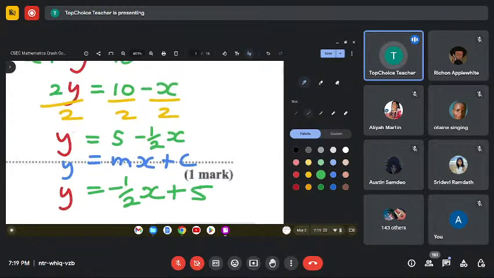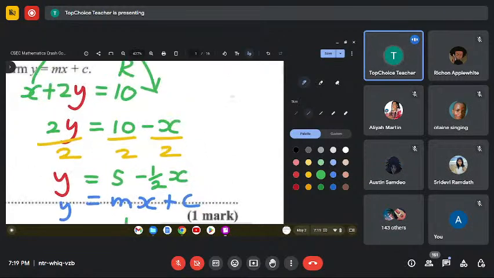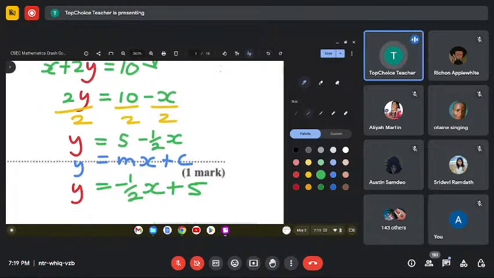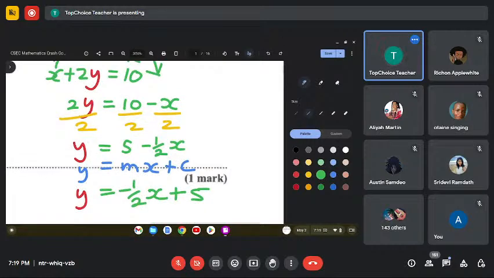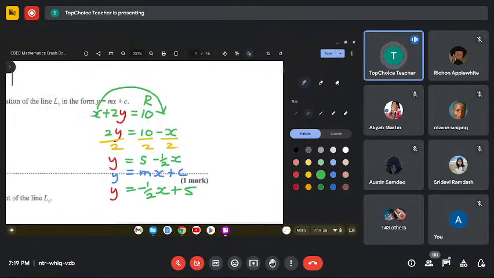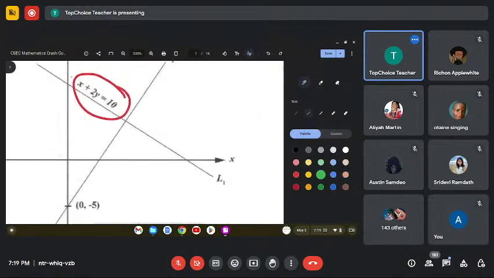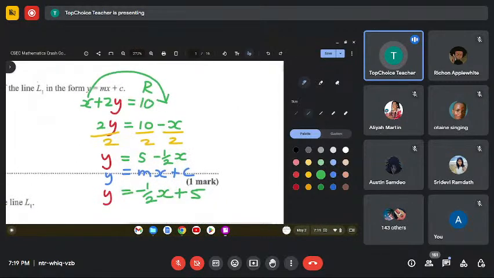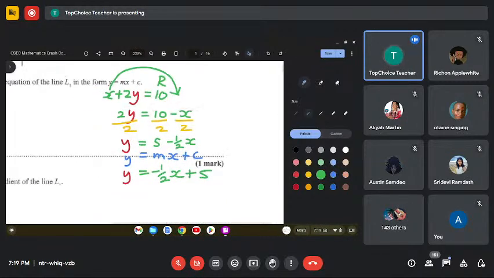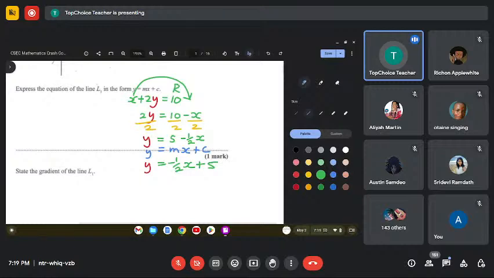So hopefully you see why I initially chose to stick the x over here. It would have avoided us having to rearrange it a little bit later on. But that's okay. That's fine. All we did in this question, guys, is we rearranged the equation they gave us on the line into this form. We just rearranged. That's all we did. Using this information now,